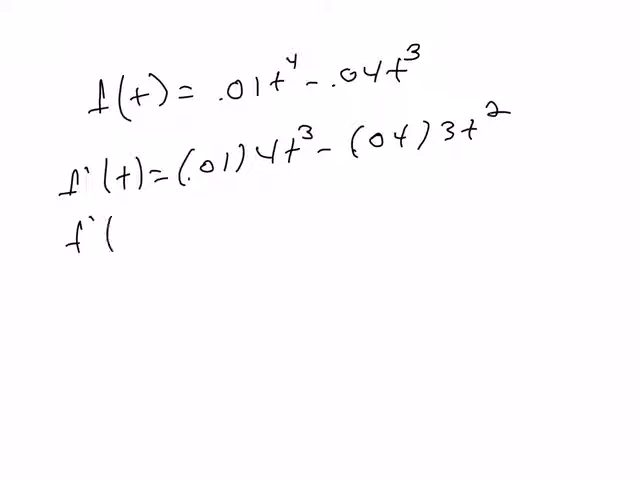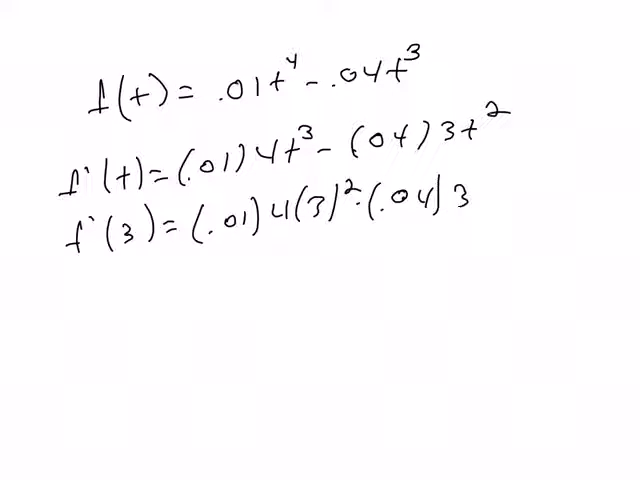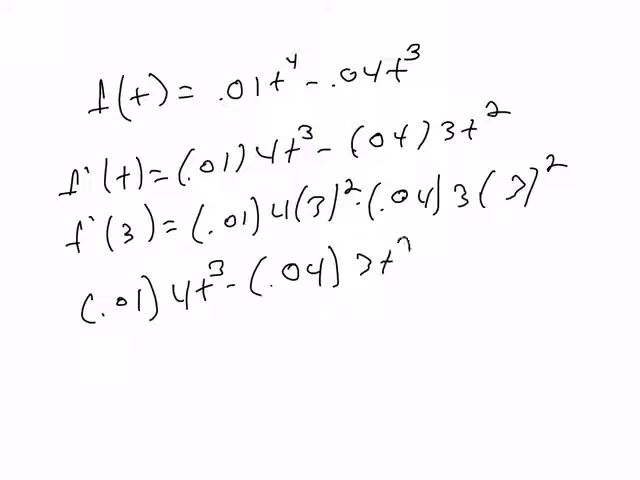So f prime of 3 is equal to 0.01 times 4 times 3 cubed minus 0.04 times 3 squared times 3. And then we want to know when the particle is at rest. So again, we want the velocity to be equal to 0. So we're going to have 0.01 times 4 t to the third minus 0.04 times 3 t squared is equal to 0. We can take out a t, so it's at rest either